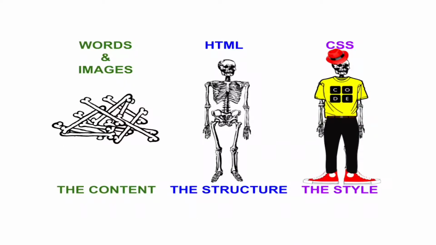There are lots of websites in this world, for example e-commerce websites, train ticket websites, or movie download sites. Basically, the content that we find in those websites is words and images. But we can't just simply put that content in a page. For that, we need a structure, and thus comes HTML. HTML provides a structure to the words and images with the help of different element tags, and then comes the part of CSS. CSS is used to style the structure so that it becomes more presentable and can be easily read by the users.